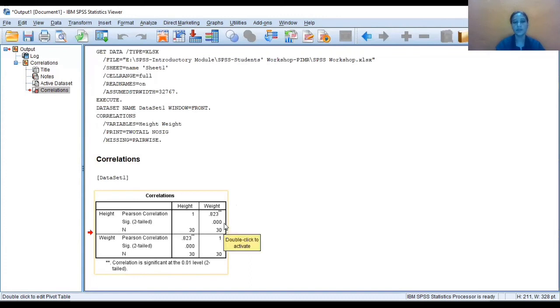That means this significance value is less than 0.05. So that is why we are not going to accept the null hypothesis, and we can say there is a significant correlation between height and weight. And this 0.823 is indicating that the correlation between height and weight is positive, and we can say it is around 82.3% correlation between height and weight.